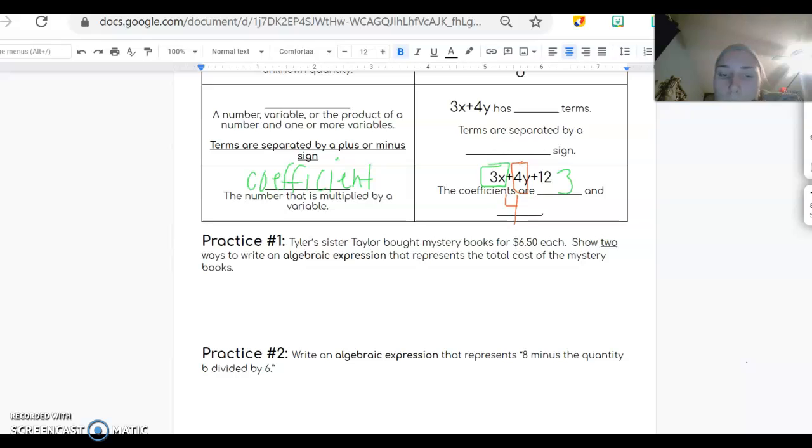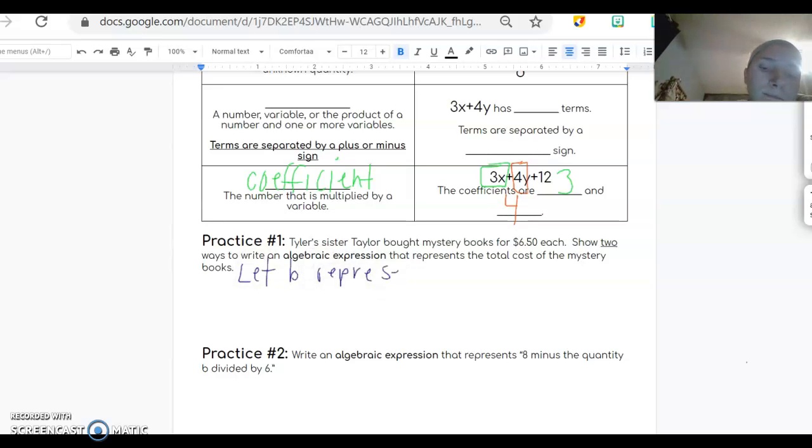expressions. So example 1, Tyler's sister Taylor bought mystery books for $6.50 each. Show 2 ways to write an algebraic expression that represents the total cost of the mystery books. Okay, so we first need to figure out what variable, what letter we want to represent the amount of mystery books she buys. I'm going to use B because books, B, that's a pretty easy way to remember it. So I'm going to write a sentence, let B